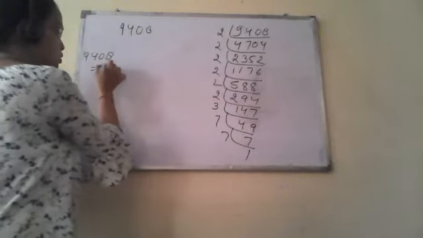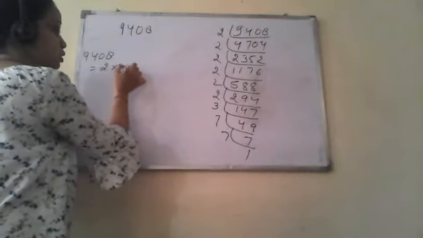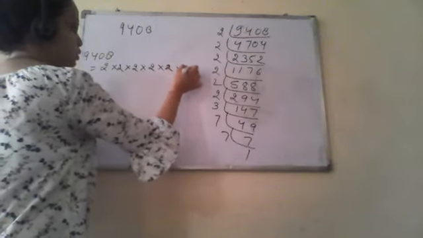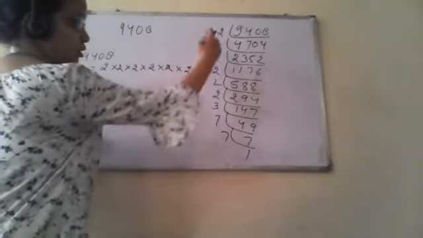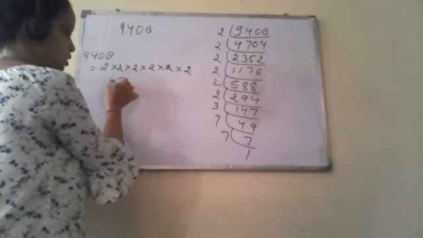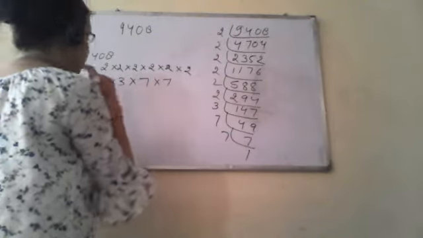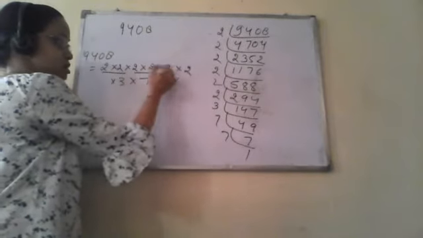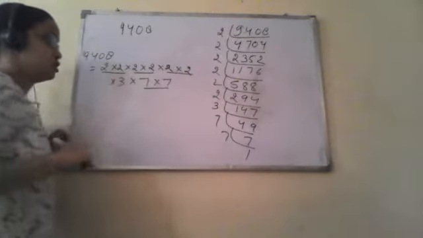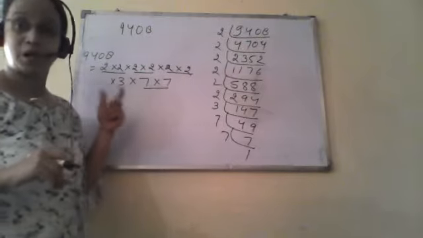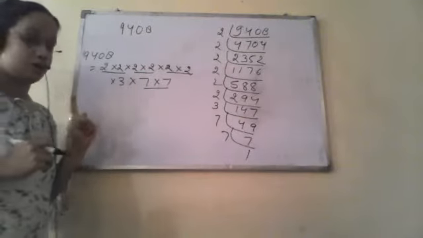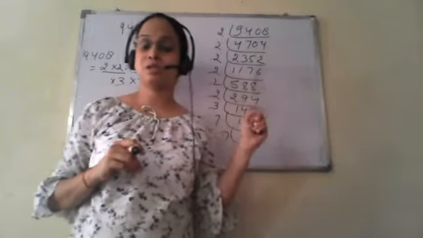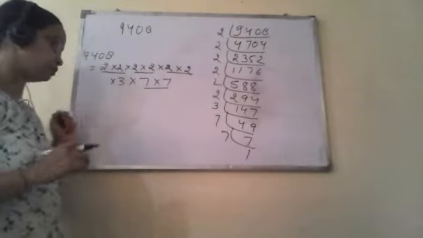So okay. So this is 2 into 2 into 2 into 2 into 2 into 2 into 3 into 7 into 7. So we have to do the pairing. This is a pair, this is a pair, this is a pair, this is a pair. So what is the number left alone? This is 3. See, in the previous example, we had to find the number which is to be multiplied, in this example the number which we have to divide.